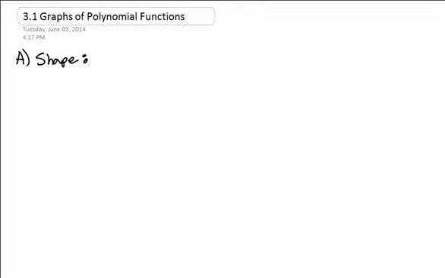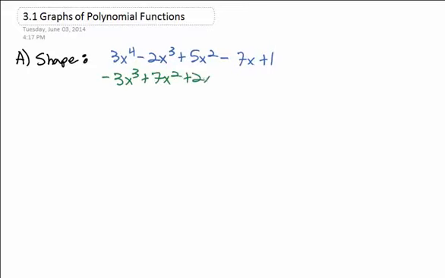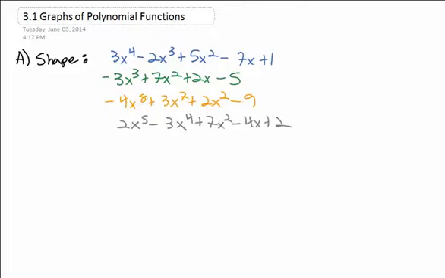of a polynomial graph. Now, polynomials will look something like 3x to the 4th minus 2x cubed plus 5x squared minus 7x plus 1. Or it might be negative 3x cubed plus 7x squared plus 2x minus 5. Another example might be negative 4x to the 8th plus 3x to the 7th plus 2x squared minus 9. These are all polynomials. I want to do one more example, though. How about we do 2x to the 5th minus 3x to the 4th plus 7x squared minus 4x plus 2,